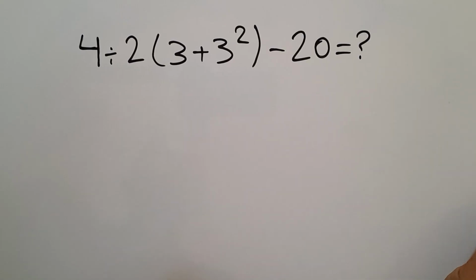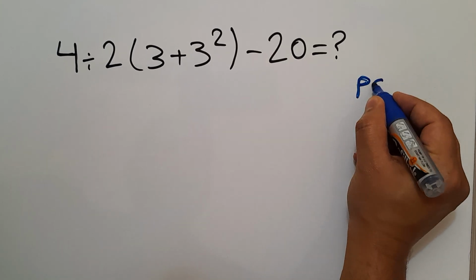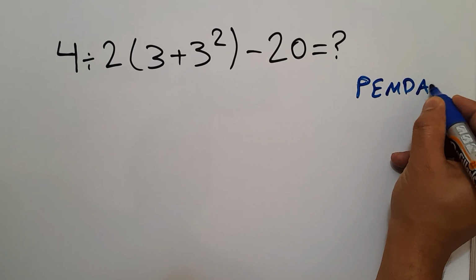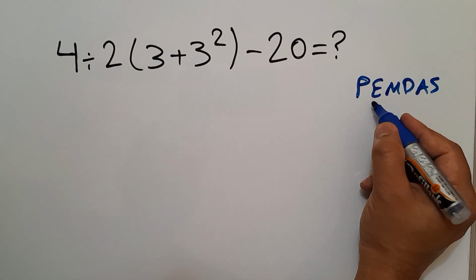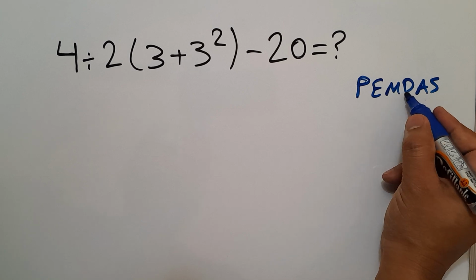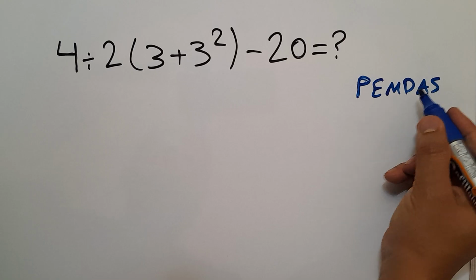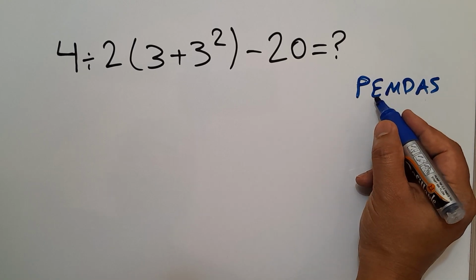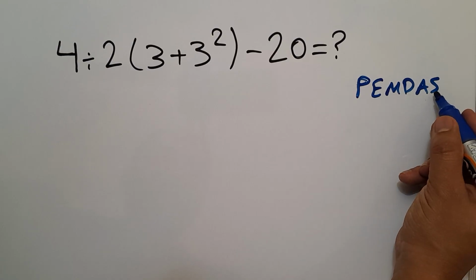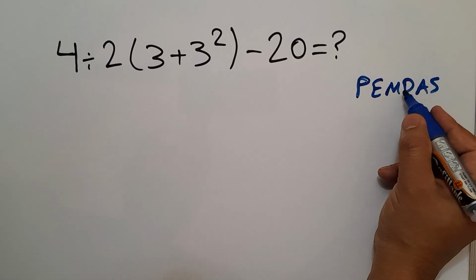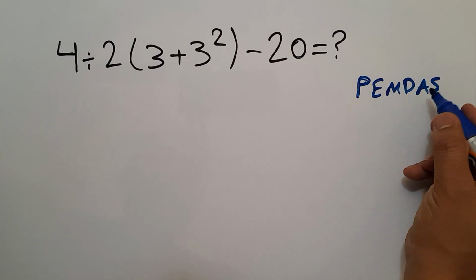According to the order of operations, which is PEMDAS, P stands for parentheses, E stands for exponents, M and D stand for multiplication and division, and A and S stand for addition and subtraction. We first do parentheses, then exponents, then multiplication and division, and finally addition and subtraction. Remember that multiplication and division have equal priority and we work from left to right, and the same applies to